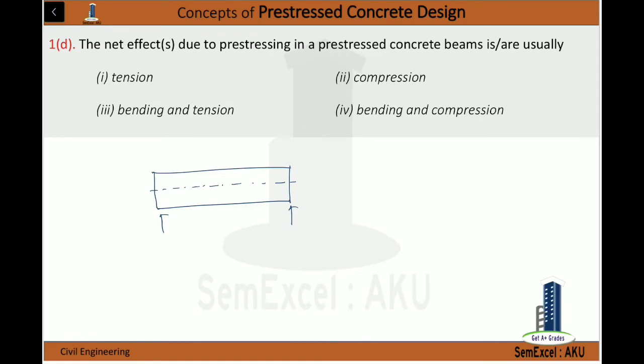Now let's assume the most general case. We have a parabolic profile of pre-stressing cable with maximum eccentricity e at the center, and the pre-stressing force is P. Everywhere the pre-stressing force is P. And at the end we have an anchorage block. Let's take any section at any distance x from the left support. This is a cross section at this point, means our beam is like this. Everywhere we have some thickness.